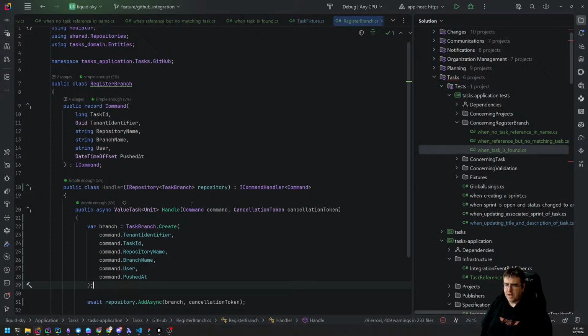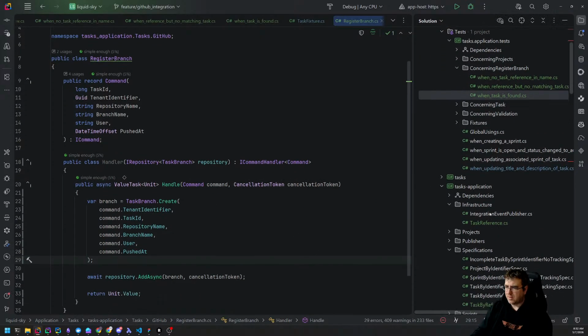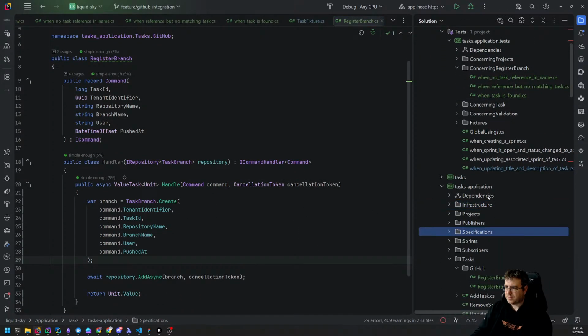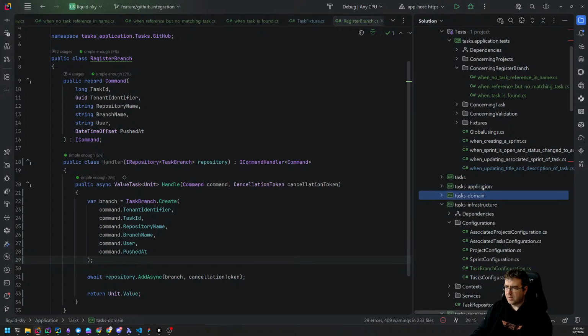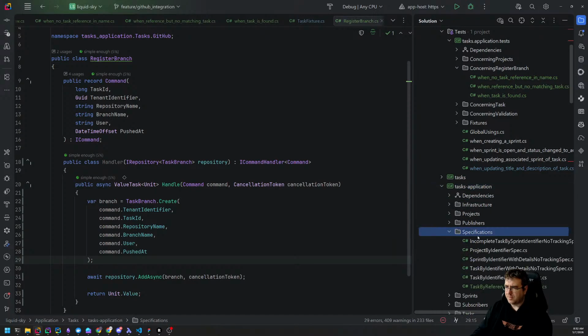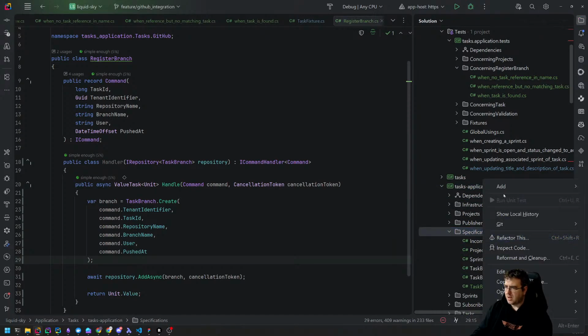Task ID means nothing externally, so I have to publish the task identifier in there, not the task ID. It means that I have to query the task branch out and join the relevant task to be able to achieve that. So it's just a bit of a weird one for me, but not impossible, because the specification is just going to be